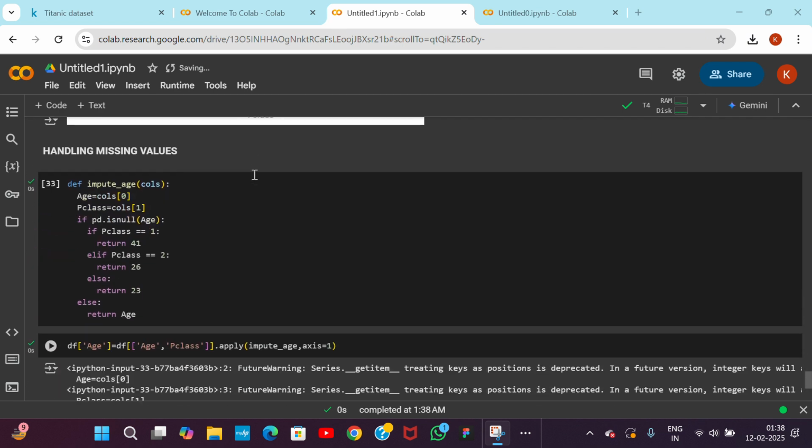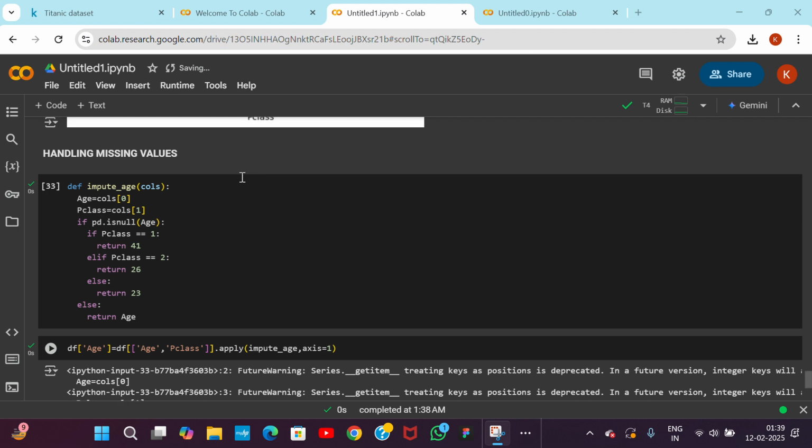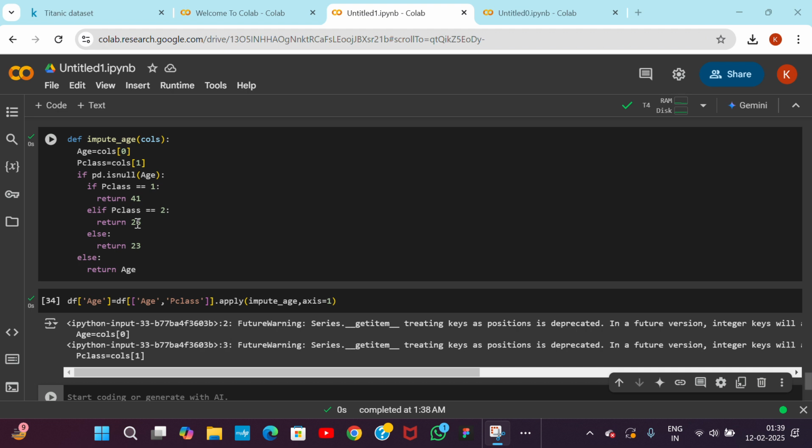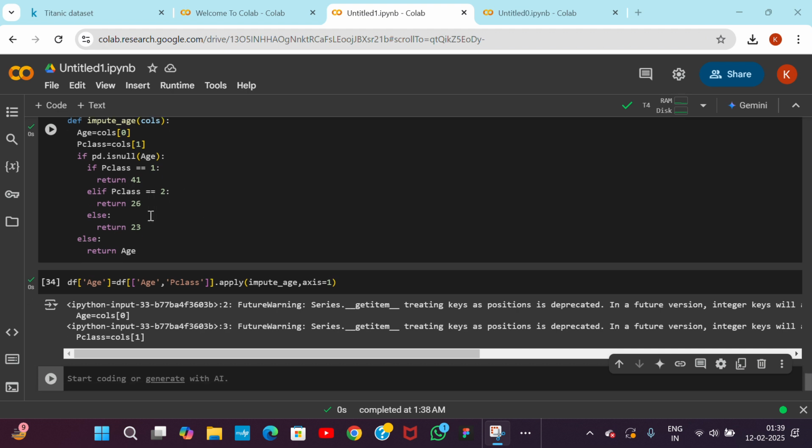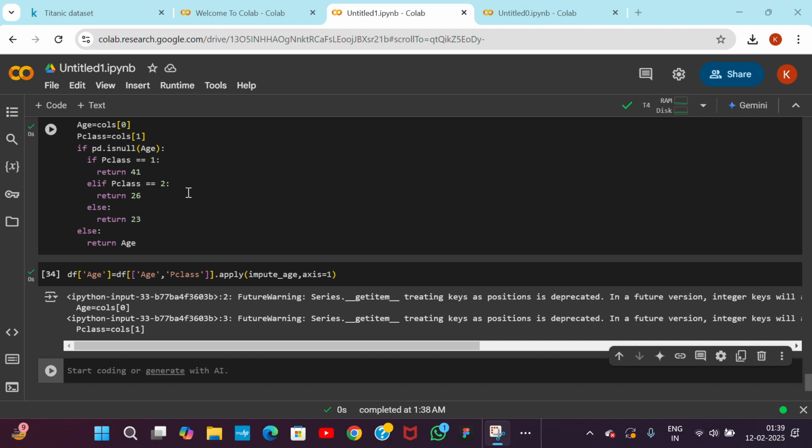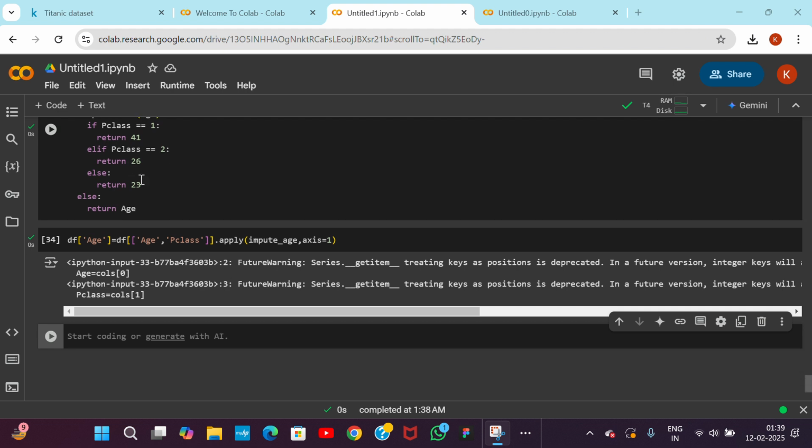Now using this function, wherever there was any null value, if the passenger class was 1, then instead of that null value, it will now show 41. Similarly, for passenger class 2, it will now show 26, and for passenger class 3, it will now show 23. So let's